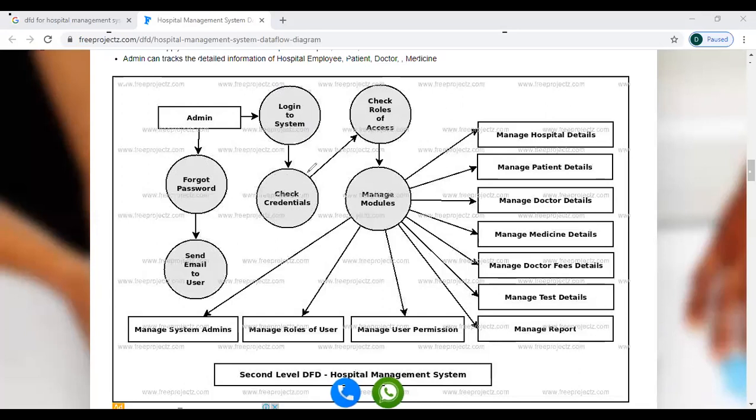After checking the credentials, what roles does the admin have in this hospital management system? It checks the roles to access for the admin. These are the roles operated by an admin. The admin maintains everything related to a hospital, isn't it? So this is the in-detail view of an admin.